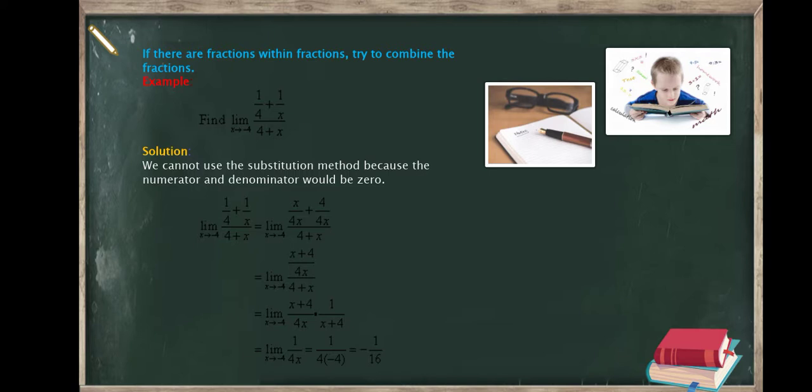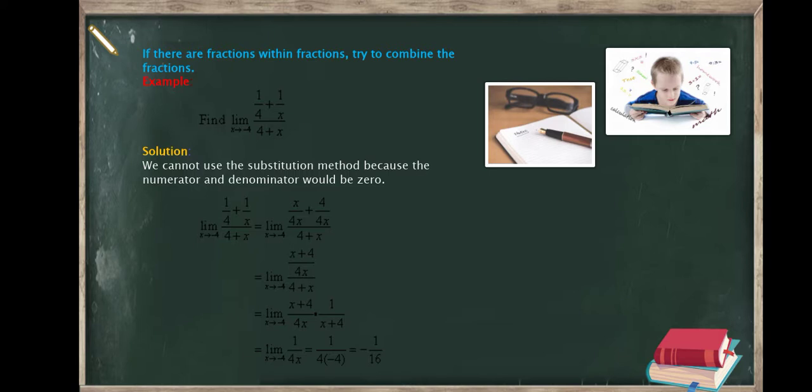For example, find the limit of 1 over 4 plus 1 over x all over 4 plus x as x approaches negative 4. We cannot use the substitution method because the numerator and the denominator would be 0 if we were to use the substitution process. So we will be using this technique. The limit of 1 over 4 plus 1 over x all over 4 plus x as x approaches negative